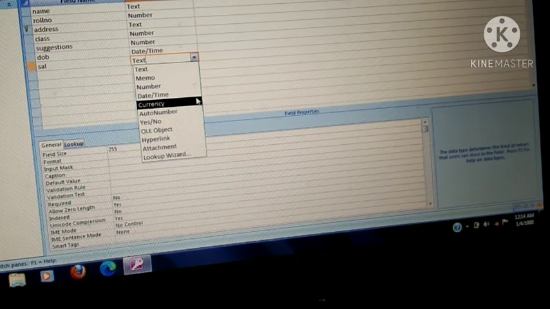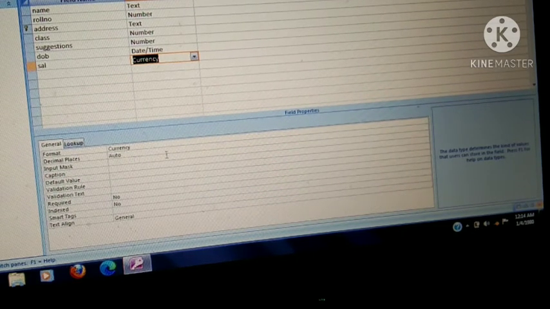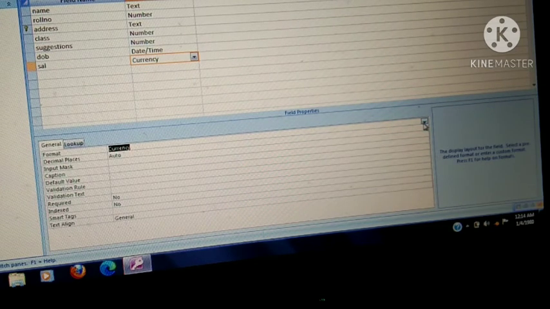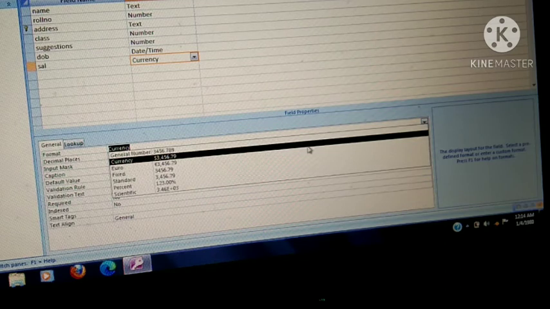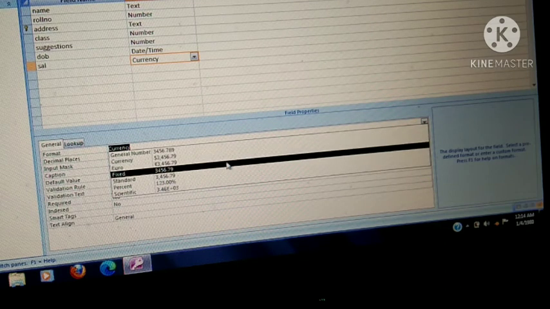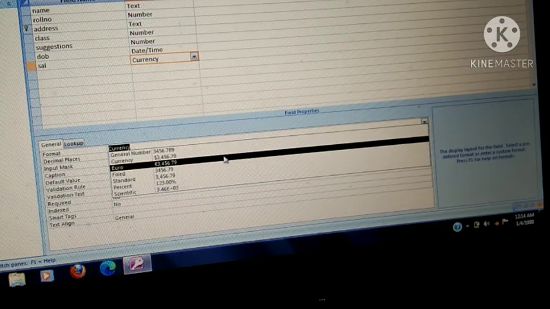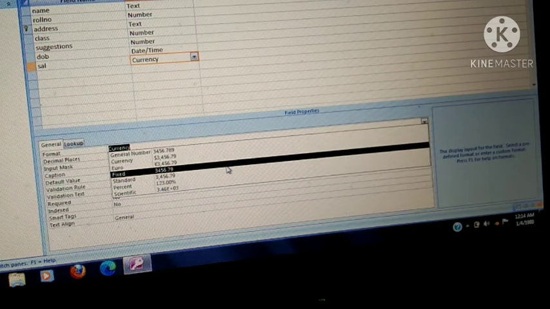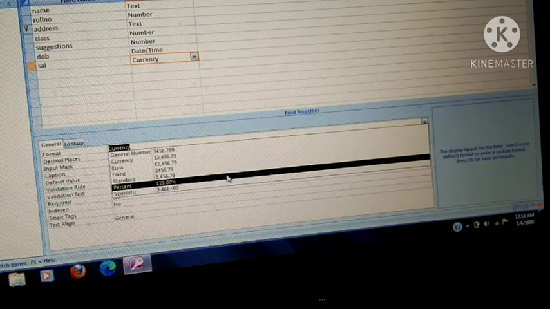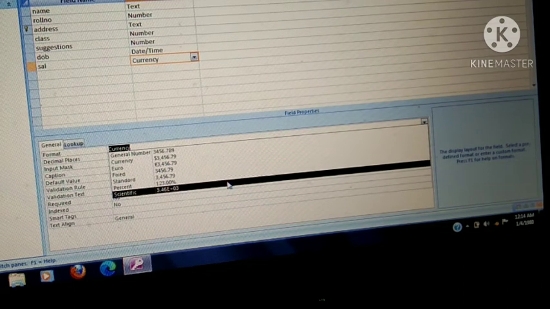Okay, currency, when I am selecting, here you will check format of currency. So many formats are there. I am clicking here on the drop down arrow. You will check here currency. Here is euro. In currency means in dollar. In fixed means up to after decimal 2 places only. Standard, in percentage symbol also you will save. In scientific means in power of 10. So in this manner also you will save.